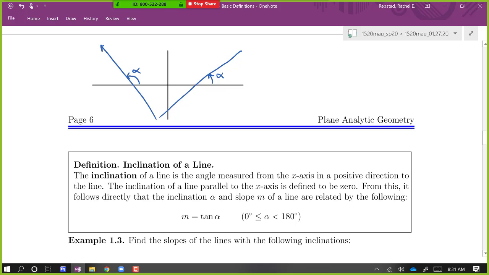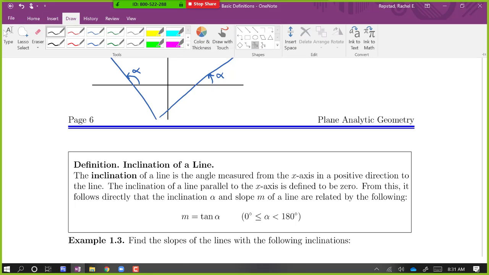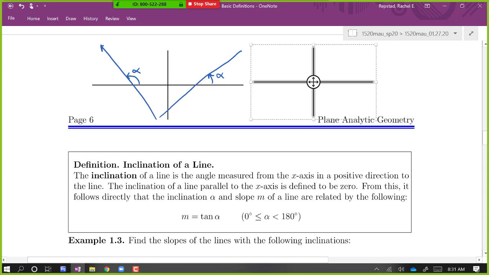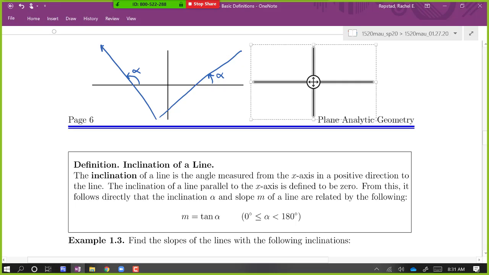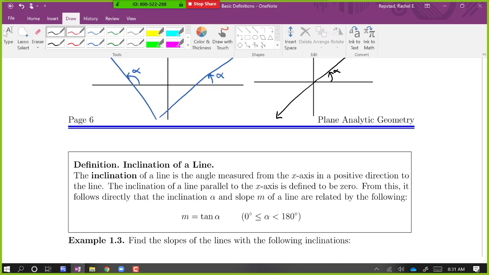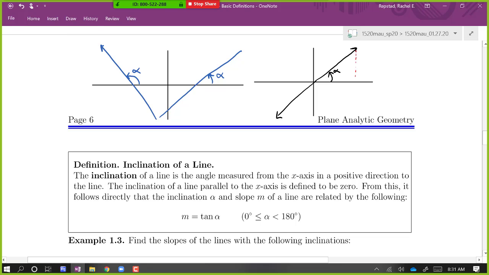So let's say I'm going to make one more sketch here, in the margins. And for the sake of simplicity, I'm going to draw this line so that it goes through the origin, but it holds regardless if it goes through the origin or not. So there's the inclination alpha. I'm going to draw some perpendiculars. I'm going to drop one down here, and the other perpendicular is just the x-axis. So we've got this nice right triangle.